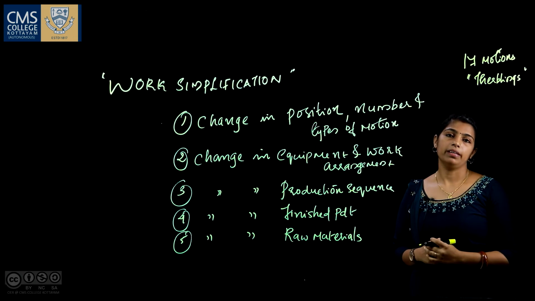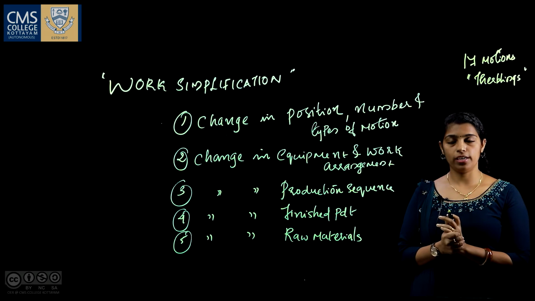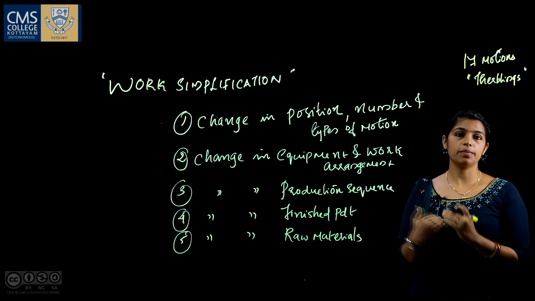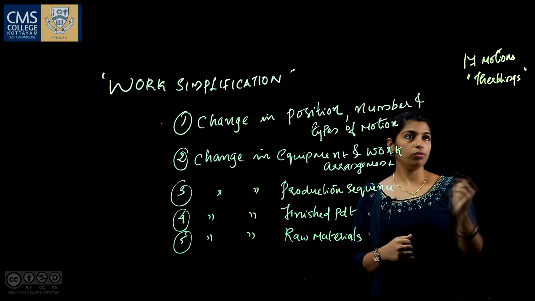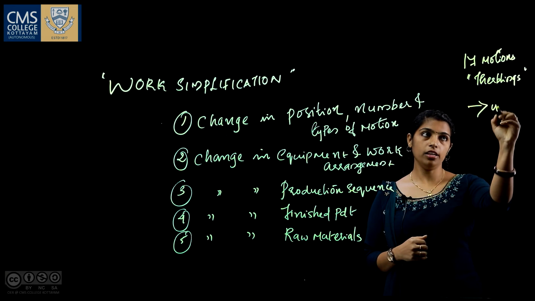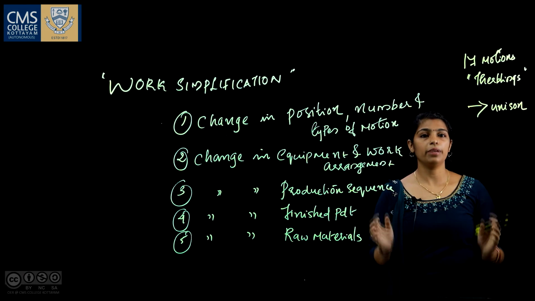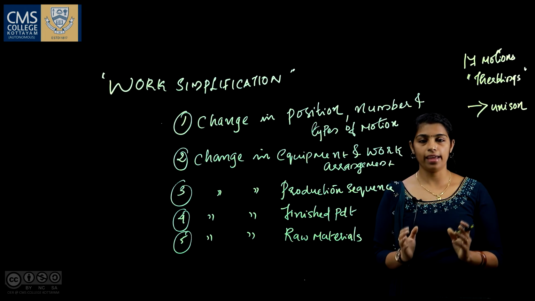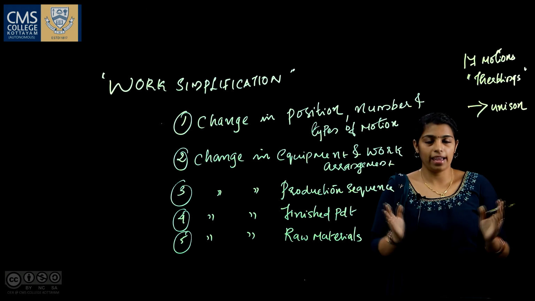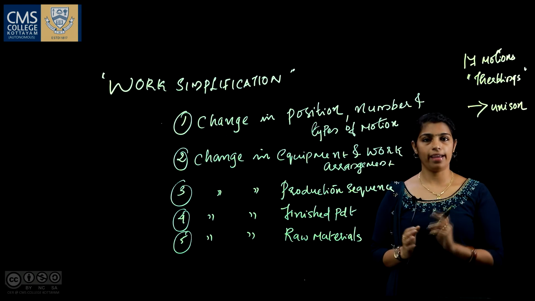Then F.B. Gilbreth and Lillian Gilbreth say that there are certain principles of motion, and they have classified these principles of motion into 5 different levels. They say that the work carried out should be in unison, that is each work should happen in a simultaneous way. For example, if you are carrying out a work using your hand, you should use both of your hands simultaneously so as to avoid fatigue for one hand.